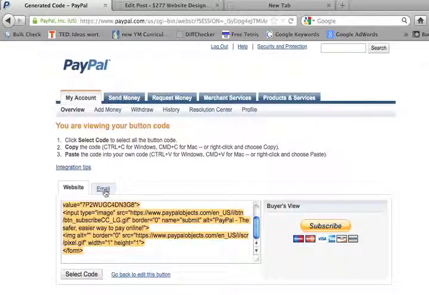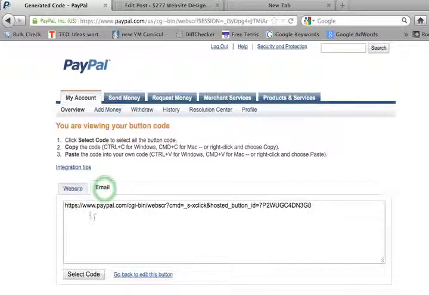If you want to do a custom link, or just have a text link on your site, or do a custom button, or email someone, say, hey, here's what you need to do. Click on this button and pay your bill. Then you would come here to the email, and it gives you a direct link to your purchase page. So we're gonna check this out right now real quick. Okay, so we're gonna copy that,